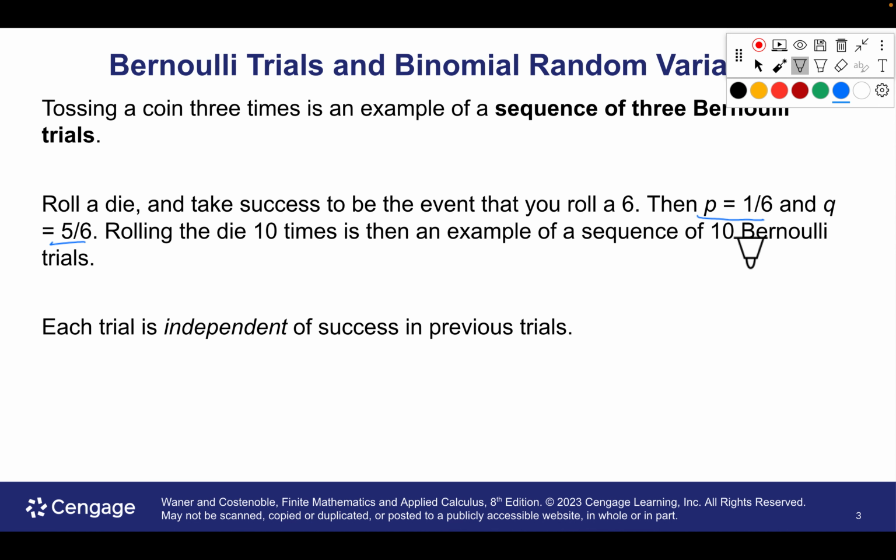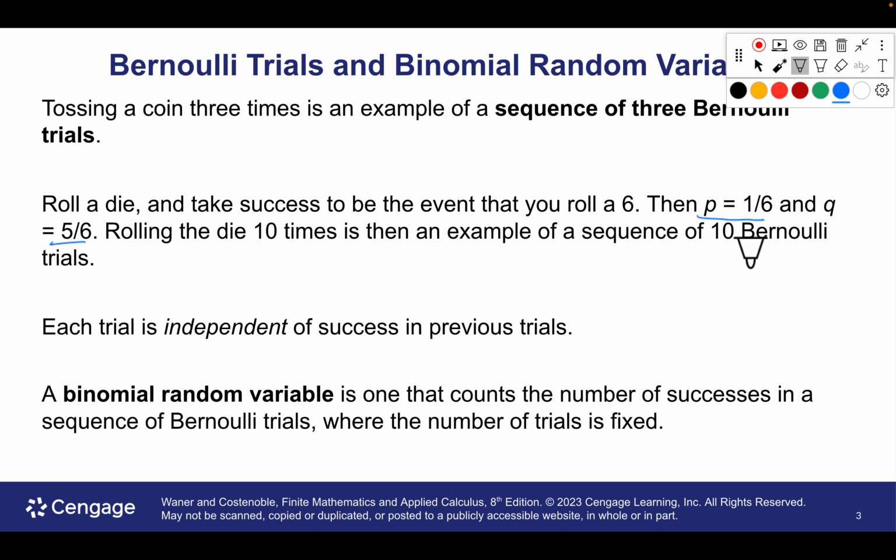Each trial is independent because you do it, the next one happens, and it has the same probabilities. The probability does not change. Now again, if you're into chaos theory, maybe it does, because you scratch the die and maybe the probabilities have changed microscopically, but we'll just say that in our world, for what we can examine, probabilities are not changing.